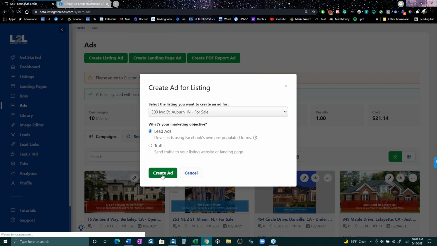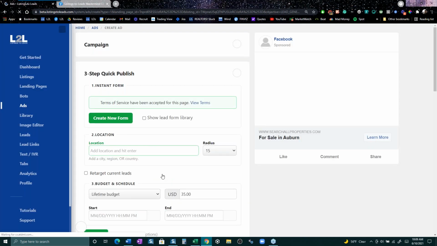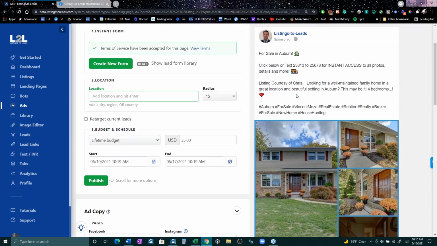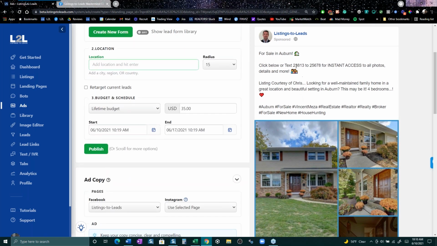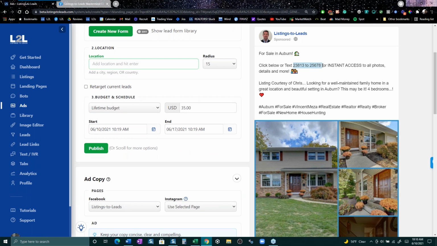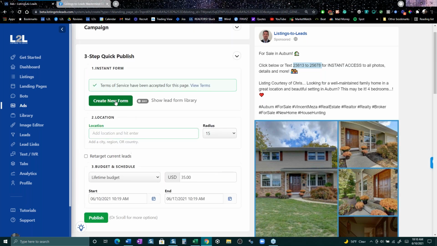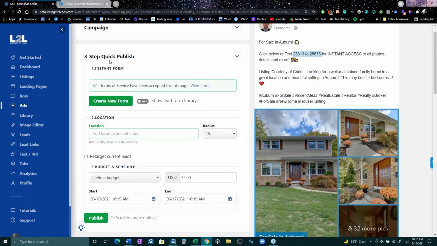What that means is we're going to have a pre-populated form. It gets really good leads with phone numbers, right? So here is what my ad looks like over here on the right. Now, I'm using our text service, so it auto embeds this short code so people can text right there. And all you need to do is over here on the 3-step quick publish is click this button that says